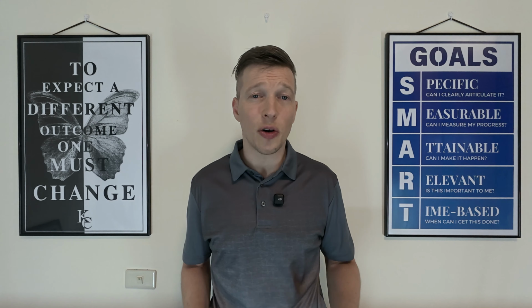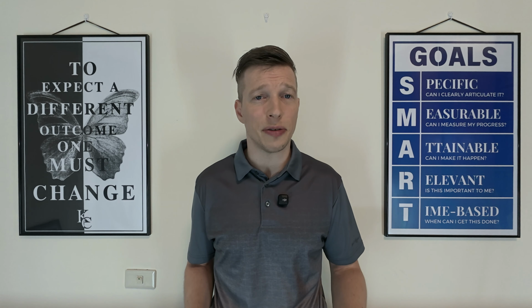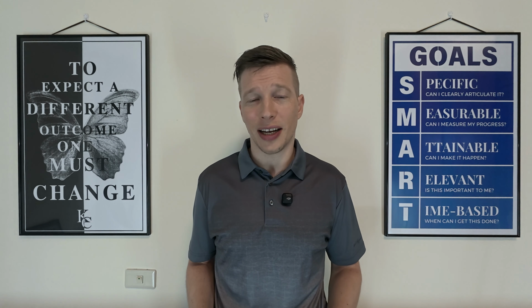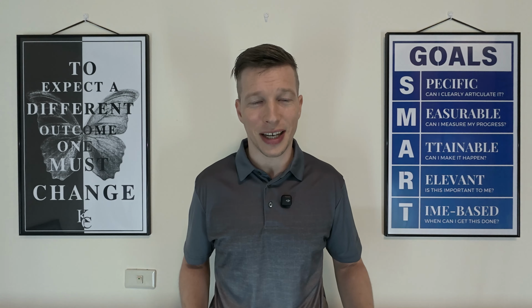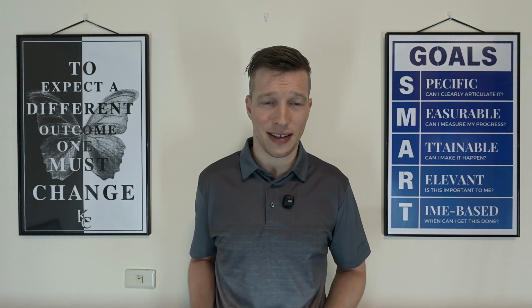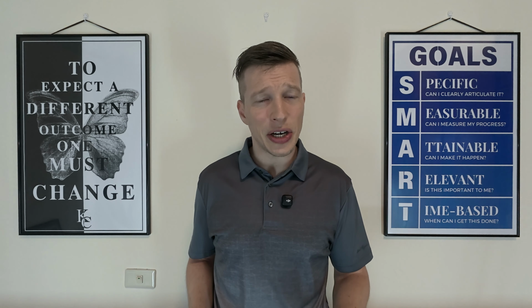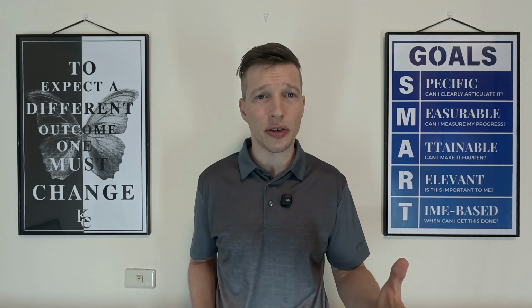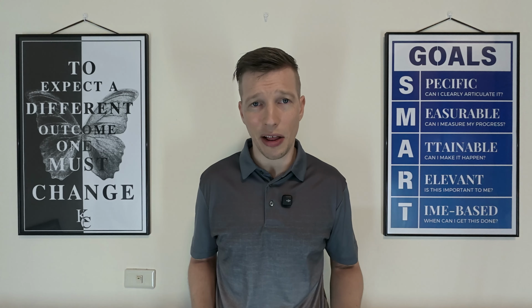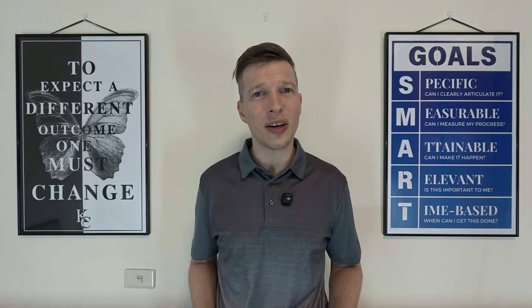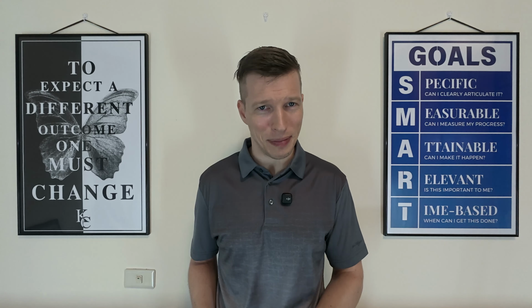In Johnny's case, he can go about doing this in several ways. He can try to put some numbers to his desired weight. It could be that he wants a certain size over his arms that he wants to measure. It could be a certain BMI number, the body mass index. Or it could be that he does it very differently and says, for the next period of time, I'm going to carve out 3 hours every single week on doing a specific kind of exercise while eating healthier. But with this kind of goal, he also needs to know exactly what kind of exercise he wants to focus on and define what eating healthier actually means to him.